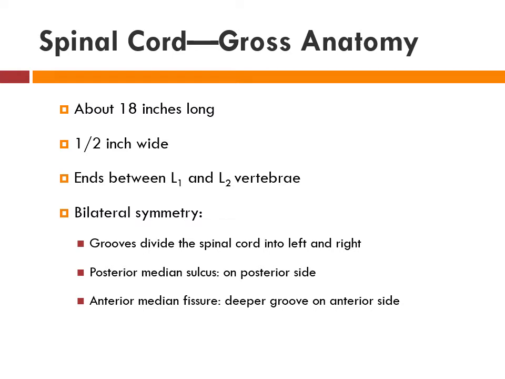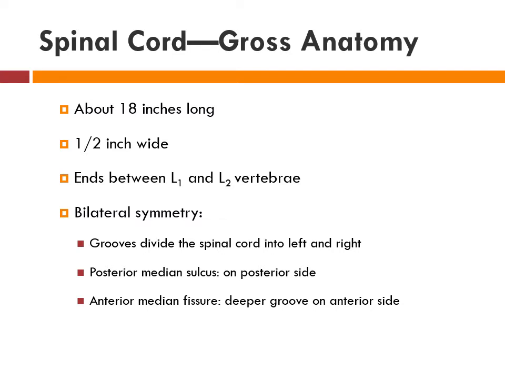Our gross anatomy of the spinal cord: it is about 18 inches long and a half an inch wide. It ends between the levels of L1 and L2. Most people think your spinal cord travels all the way down your spine, but it actually ends between L1 and L2. It is symmetrical bilaterally, so it has grooves that divide it into a left half and a right half,